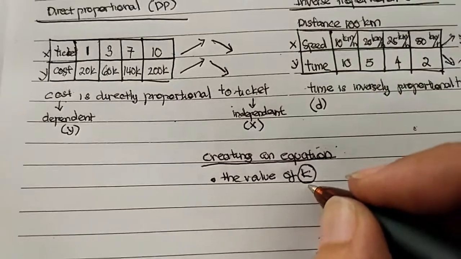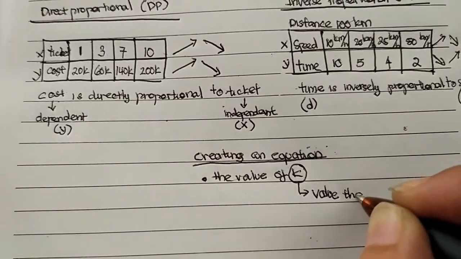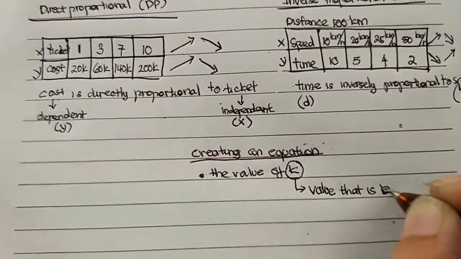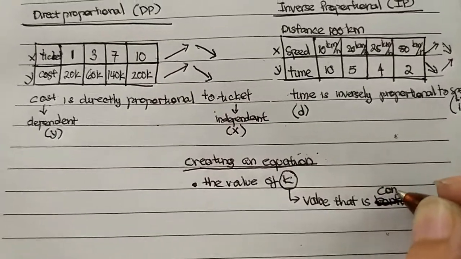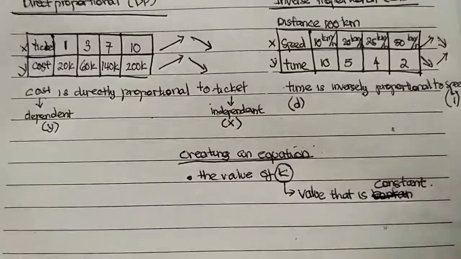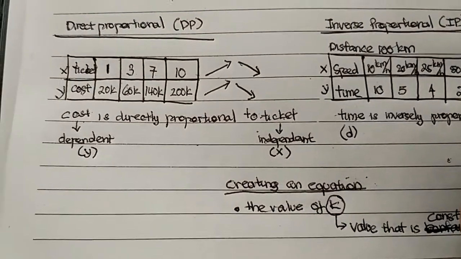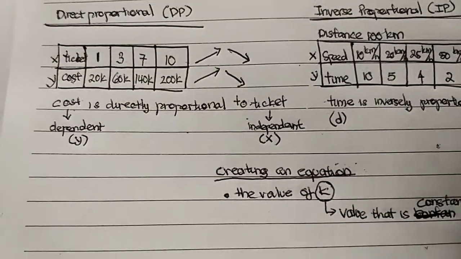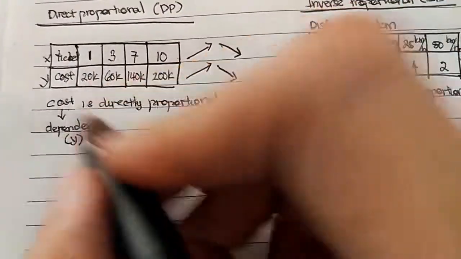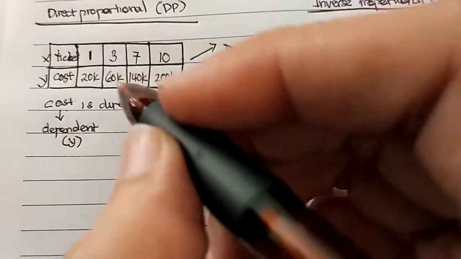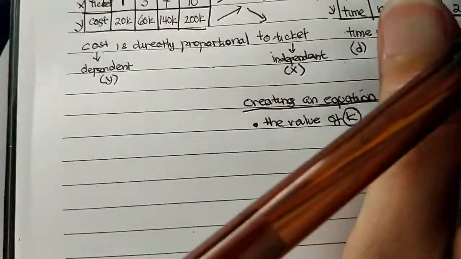What is k? Basically, k is a value that is constant. That is constant, like this. Okay, now we need to find something that is constant here, and it should come from the y and x. Maybe now, when we learn about this one, we know for the comparison, we can use the rate approach and ratio approach. And then if we use the ratio approach,